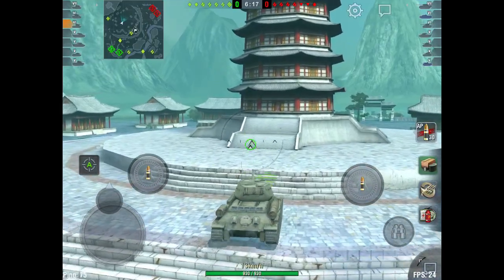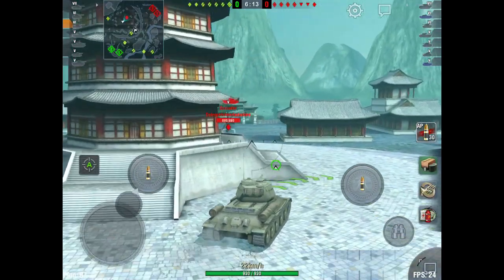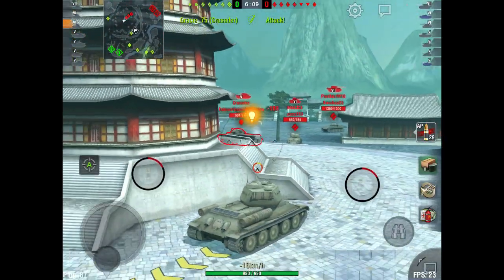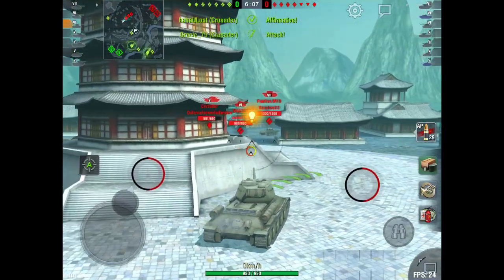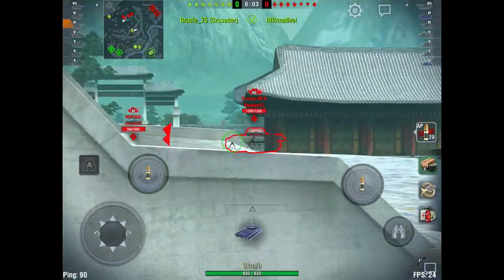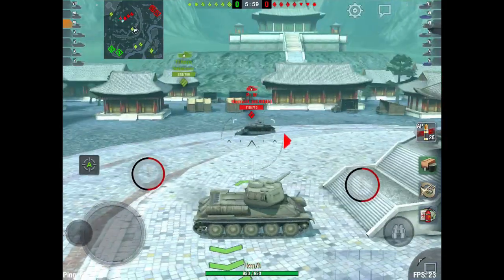So we're going up the temple stairs, and that's what I was talking about, this little temple side. We go around the right side because why not? Put a shot into the Crusader, and we spotted 3 enemies. And there's the Panther M10. We're just trying to snapshot, yep, and we back up. And he doesn't get the chance to put a shot in. All of a